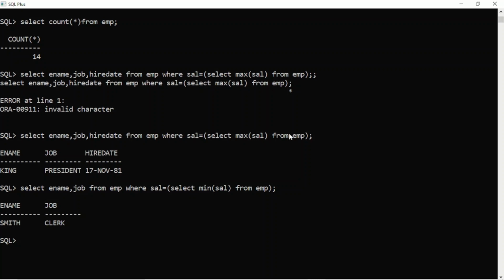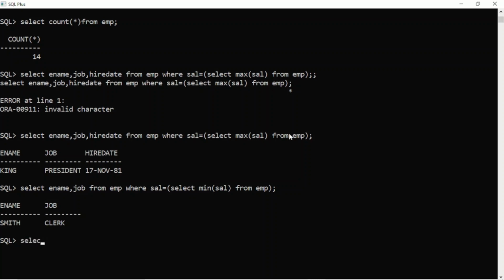So you have seen the use of min max function. Similarly, you can have average salary for a department. Suppose I want to see the average, minimum and maximum salary for department number 10. I can do that.